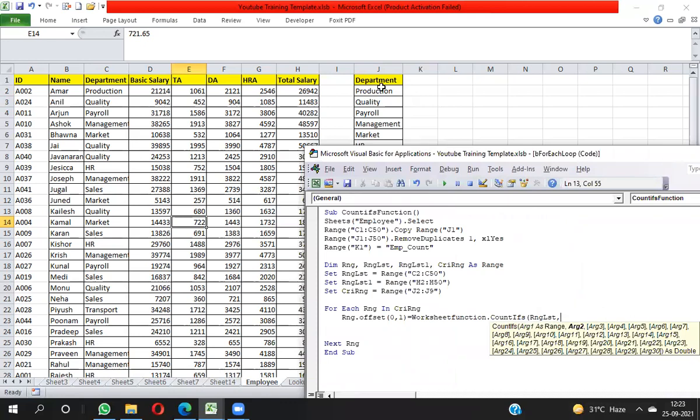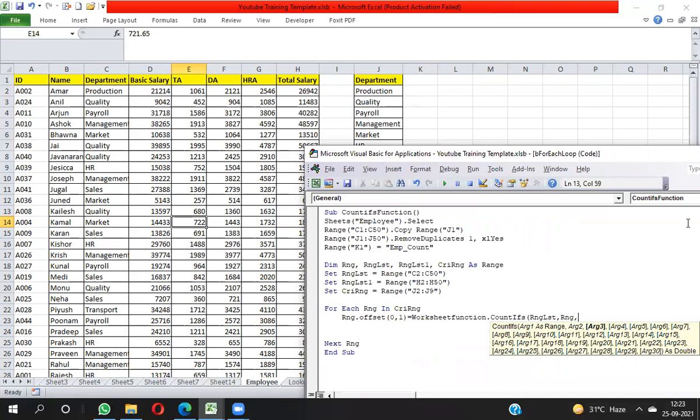Criteria will be J1 to J9 one by one. So I have to take here RNG. From cry RNG, I will take one by one value in RNG. Means department name I will get one by one here.